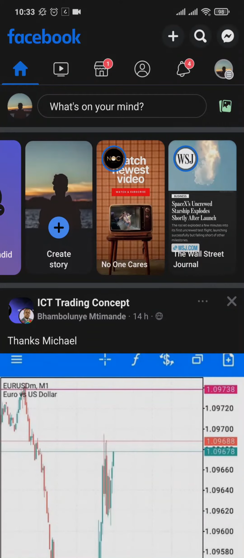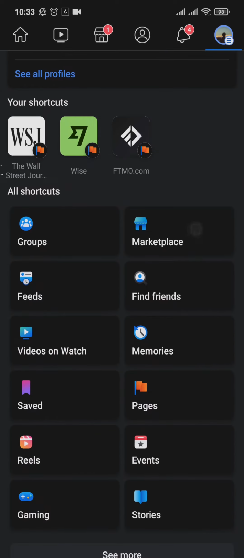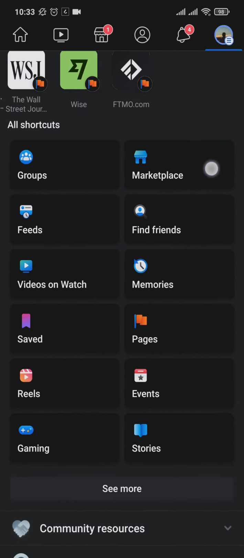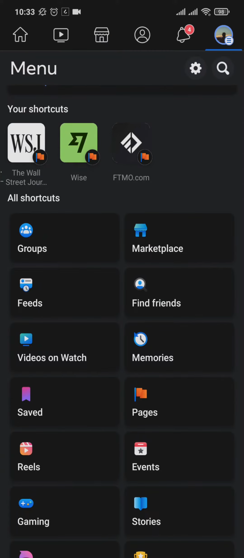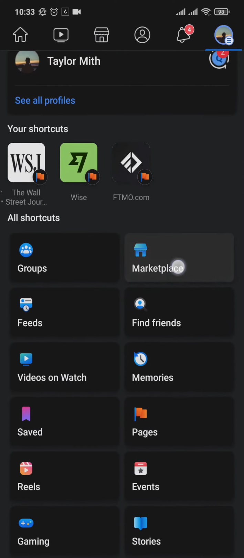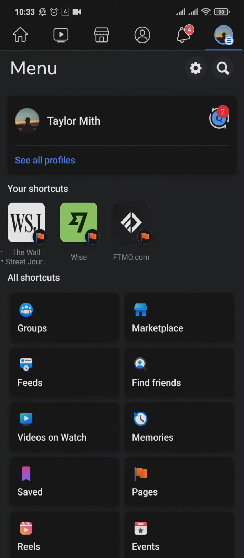Now there may be a couple of reasons why Marketplace is not showing up for you. Firstly, to check if the Marketplace option is available on your account or not, you just need to tap on the menu on the top right, and under all shortcuts, if you see the Marketplace option, that means the Marketplace is available for you. If the Marketplace is not showing up in this section, that means your account may not